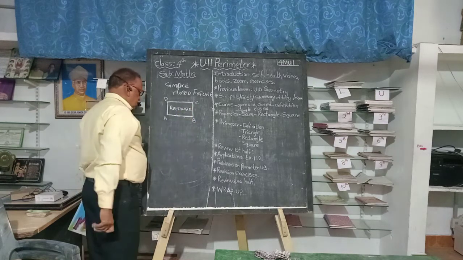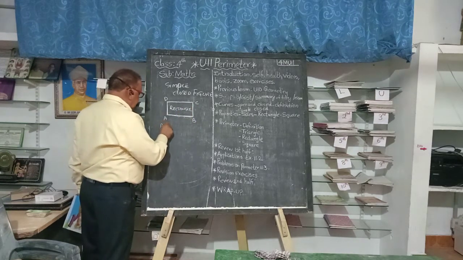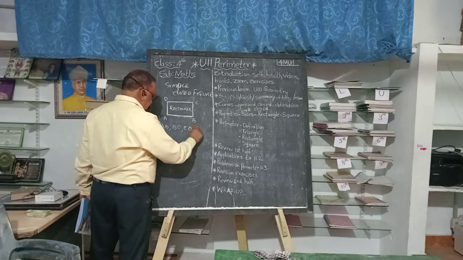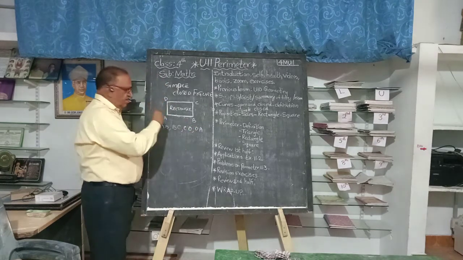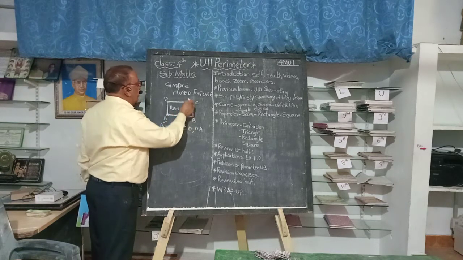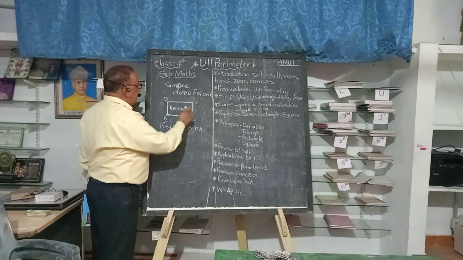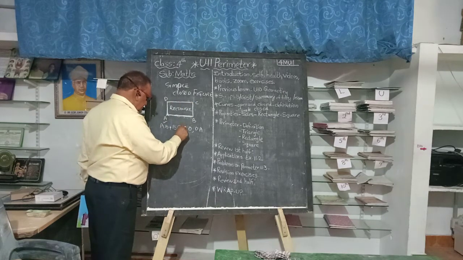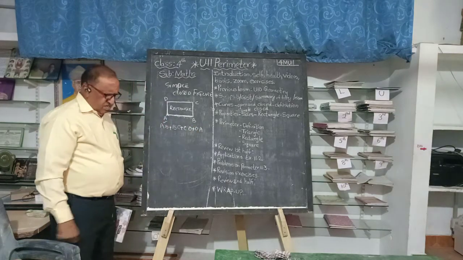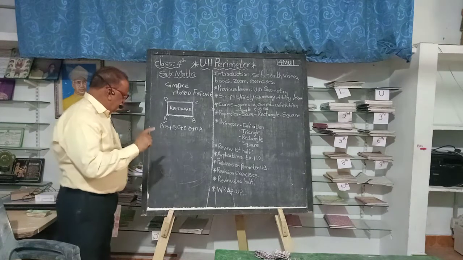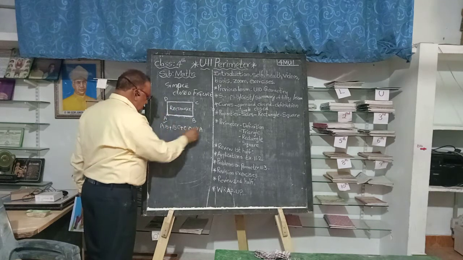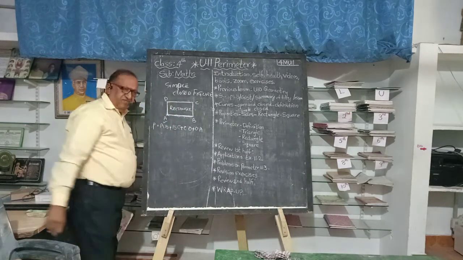Rectangle. So here the sides are AB, BC, CD, DA. The length of the boundary means suppose you start from A, you go up to B, you get AB, then you add BC, then CD, and then you come back along DA. You start at A: AB, BC, CD, DA. So you are done. This is the perimeter of the rectangle.